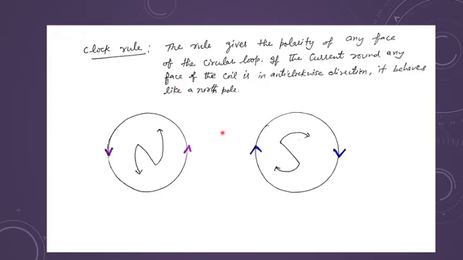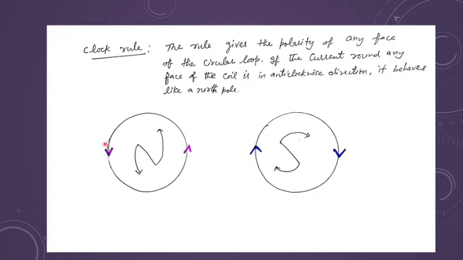You draw a circle on the paper, you mark a direction and pole, and if you see from the other side, it will automatically appear as the other pole. So this activity I always ask the students to do themselves. If you draw on one side of the paper and then see from the other side, you will see that north is getting converted into south if the direction is getting changed.